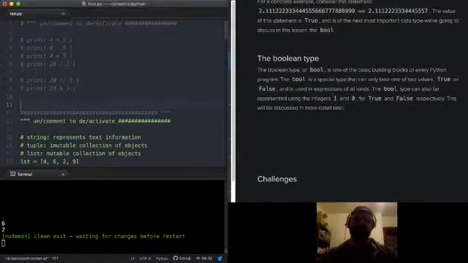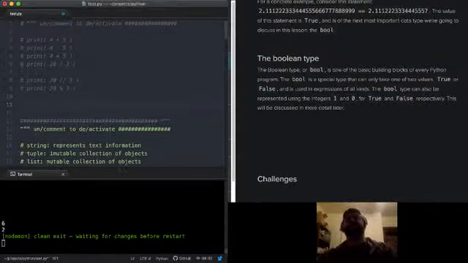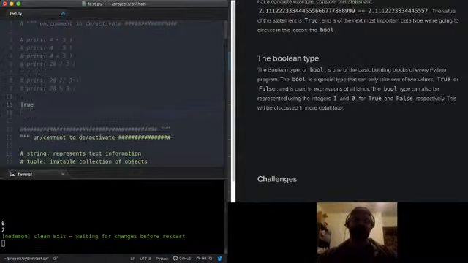Booleans are simple. A Boolean value has one of two states. A Boolean can either be true or it can be false. These are the only two valid values for a Boolean. True or false. So it's simple.